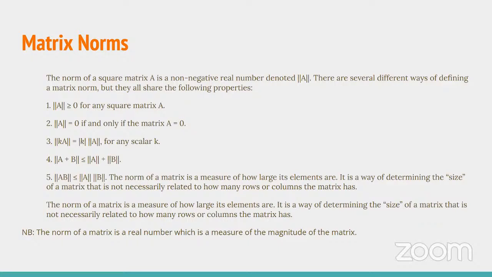One is that the norm of any square matrix must be greater than or equal to 0. So you cannot have a negative norm, right? Notice we said square matrix, that would be an n by n matrix. It will be a 2 by 2 or a 3 by 3 or a 6 by 6. Now the norm of a matrix will be equal to 0 if and only if the matrix itself is equal to 0. The third one is that when you multiply the